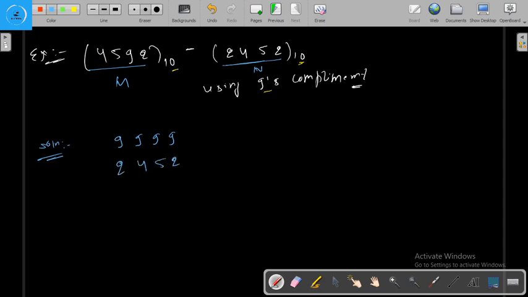और सिंपली हम लोग सबट्रैक्ट कर देंगे। सो आफ्टर सबट्रैक्टिंग वी आर गोइंग टू गेट 9 - 5 इक्वल टू 4, सॉरी 9 - 2 इक्वल टू 7, 9 - 5 इक्वल टू 4, 9 - 4 is 5 and 9 - 2 is 7। ओके, 7 5 4 7, and after performing the r-1's complement, what we are going to do, we are going to add this number with m. So what is m? M is our 4 5 9 and 2, and we are going to add 4 5 4 and 7.